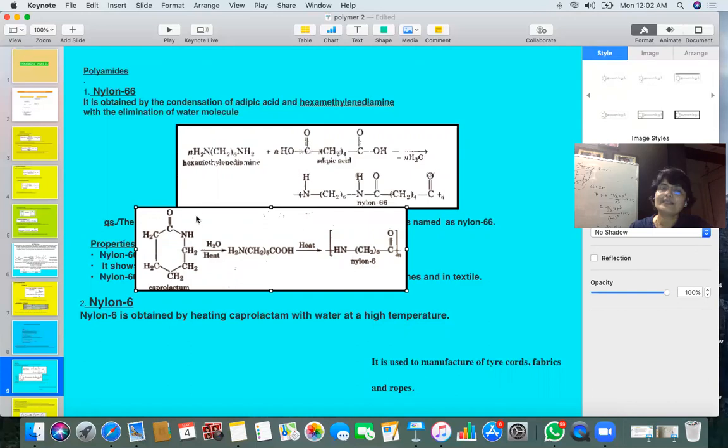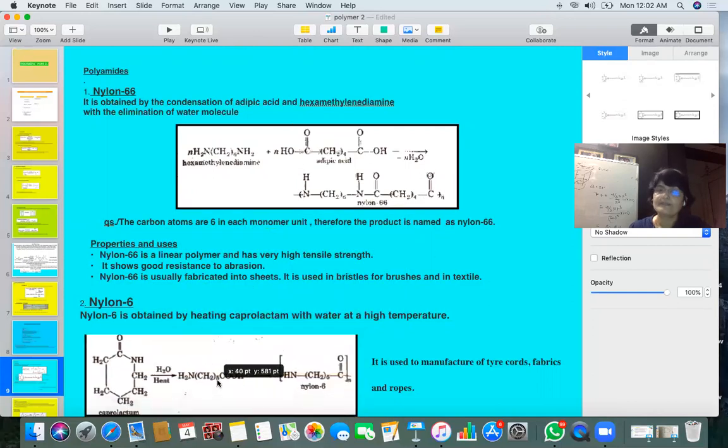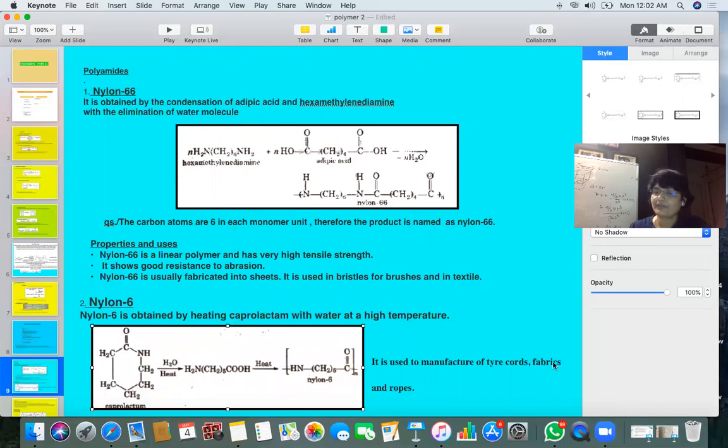We get this CONH changing, this bond breaks. The bond between C and N will break, COH will form here, and this side is NH2. Water is going to be absorbed. So when this substance is heated, we get nylon 6. The sensitive area is NH on one side and OH on the other. It's used in the manufacture of tire cord, fabrics, and ropes, you will say.